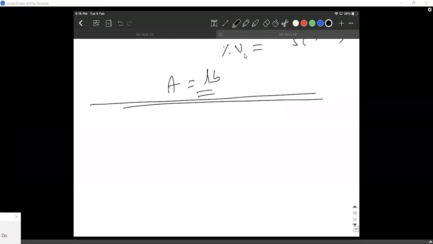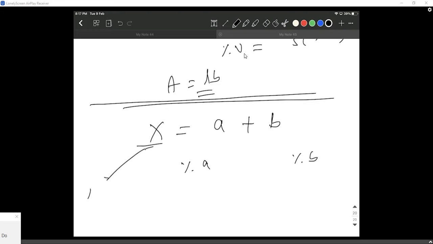What if the equation is a little more complicated? Let's say a simple quantity X equals A plus B. There is percentage error in A, there is percentage error in B. How do you find the percentage error in X? We're not talking about A into B, we're simply talking about A plus B. Anyone has any statement against this? Nobody? This is a completely new topic to you people, right? I think you're not getting any ideas from this.